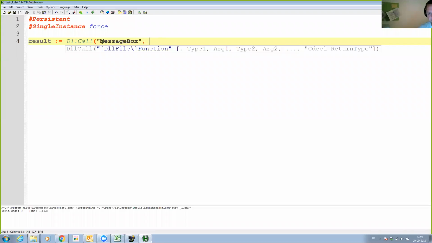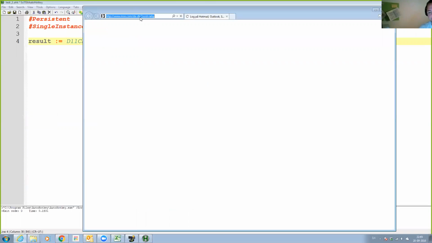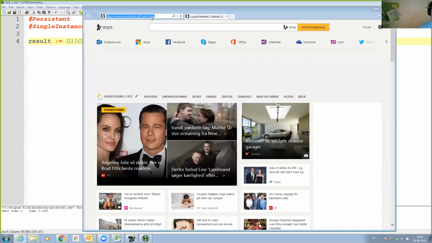And if we actually look within MSDN or some other place and look up MessageBox as an example, we would be able to see the parameters that a MessageBox needs. I could probably try and do that. Should I do that? I'm going to do it. So let's say